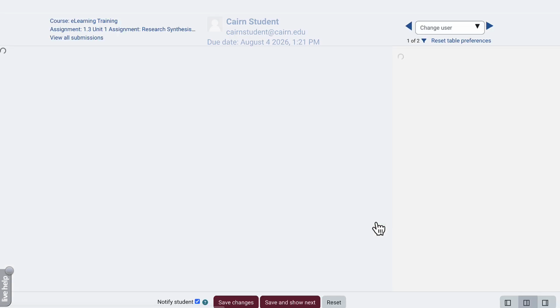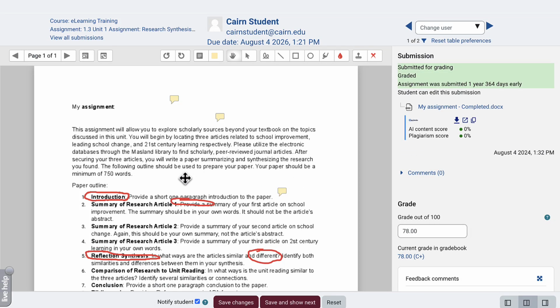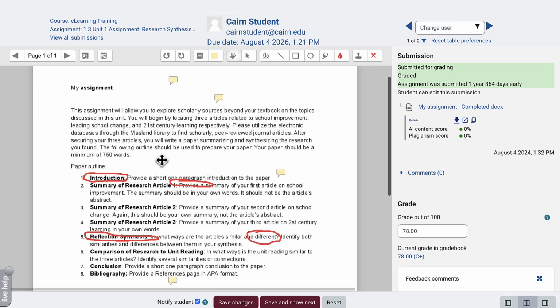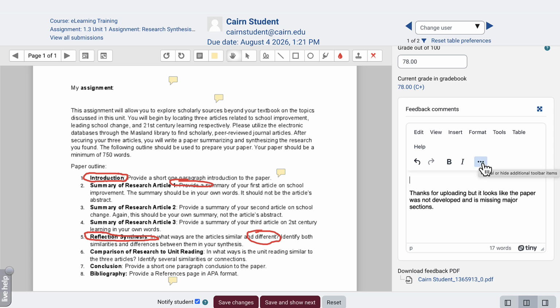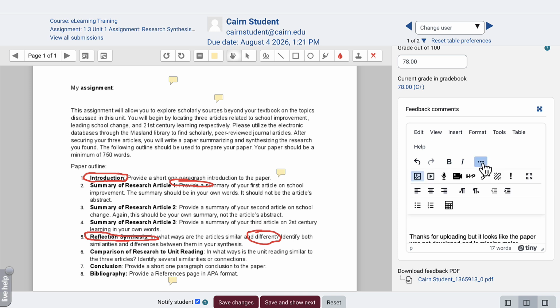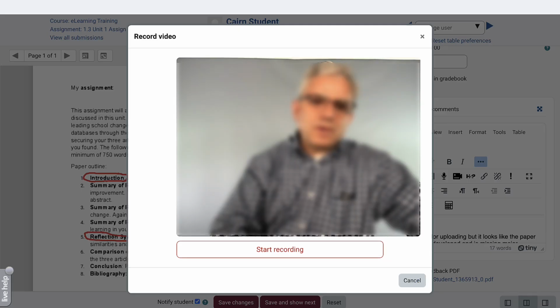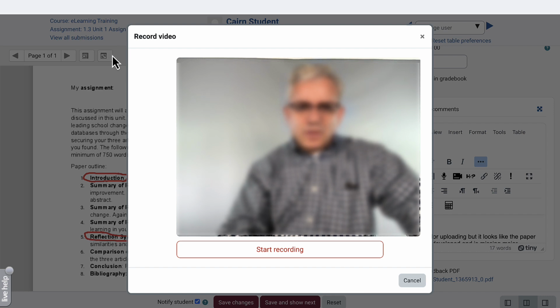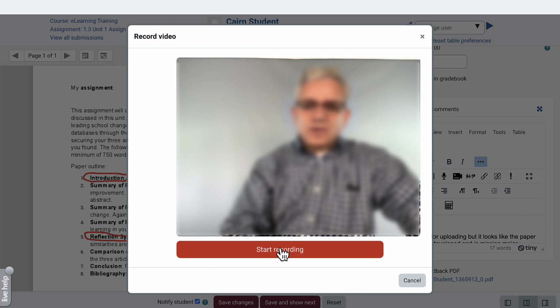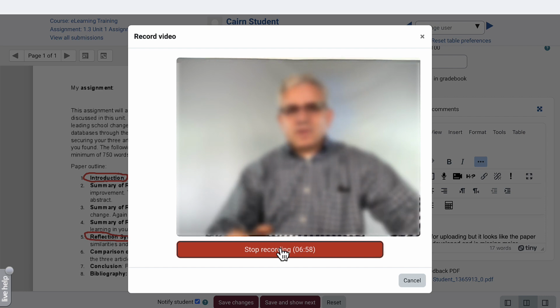Click on Grade. And in addition to the built-in grading here on the left-hand side, the instructors can use video feedback as well. And to do that, we click on the additional tools here on the toolbar and then select Record Video. At this point, the system is going to prompt you to allow the camera and the microphone. If it does on the left, you'll click to allow them and then start recording, and then provide the student